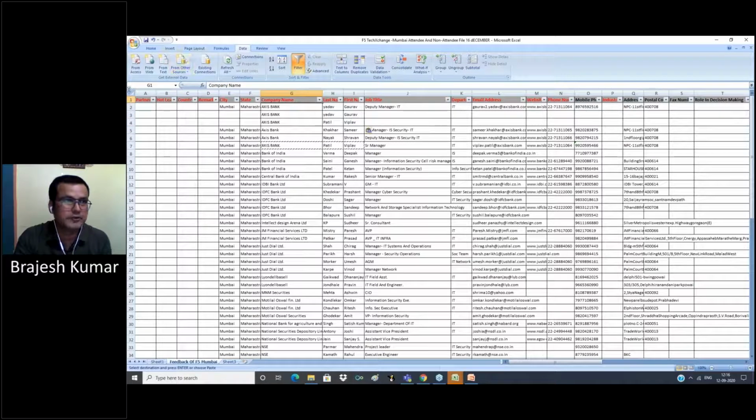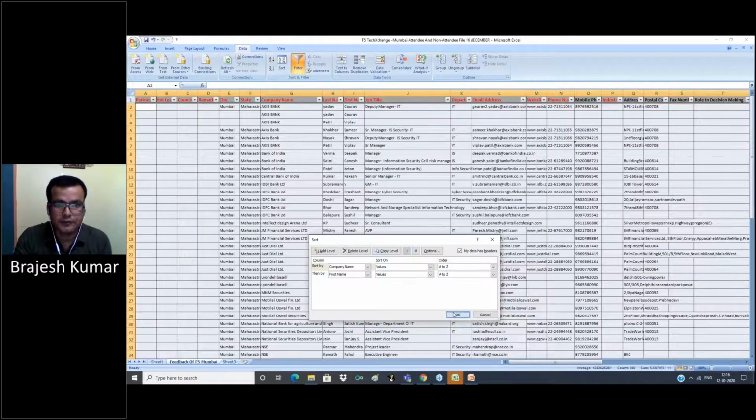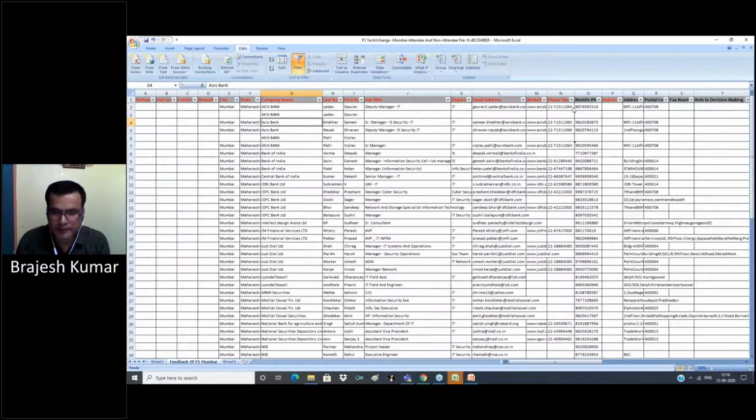Now again we sort our data by company name and first name. Okay, now you can see Axis Bank, Gaurav Jadhav come together. Axis Bank, Samir, Shravan, Axis Bank, Biplab come together.